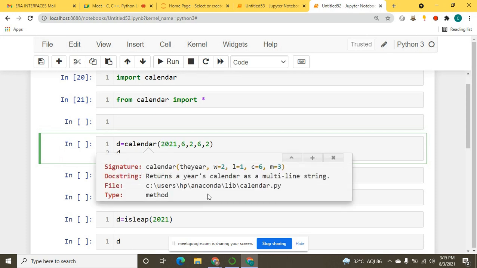What are the arguments? First you will write the year, then the width of that calendar that you want, then the length, then the cases, such as Sunday, Monday, Tuesday. Okay, then the month is 3.